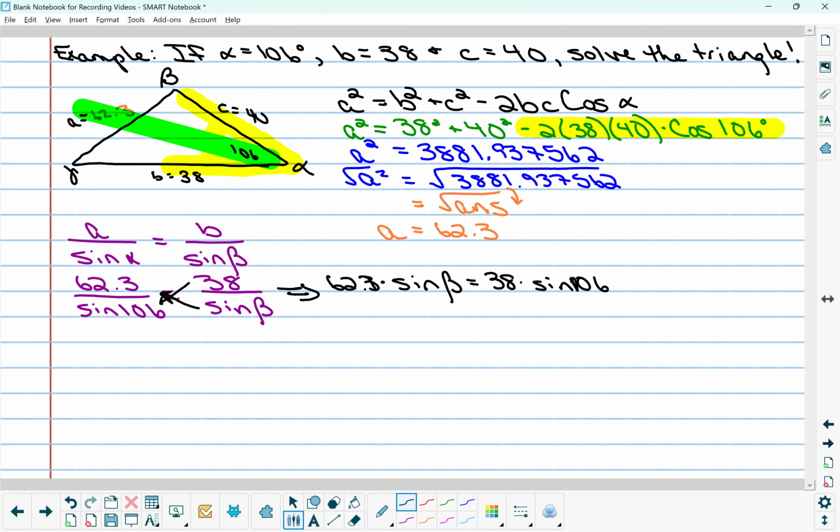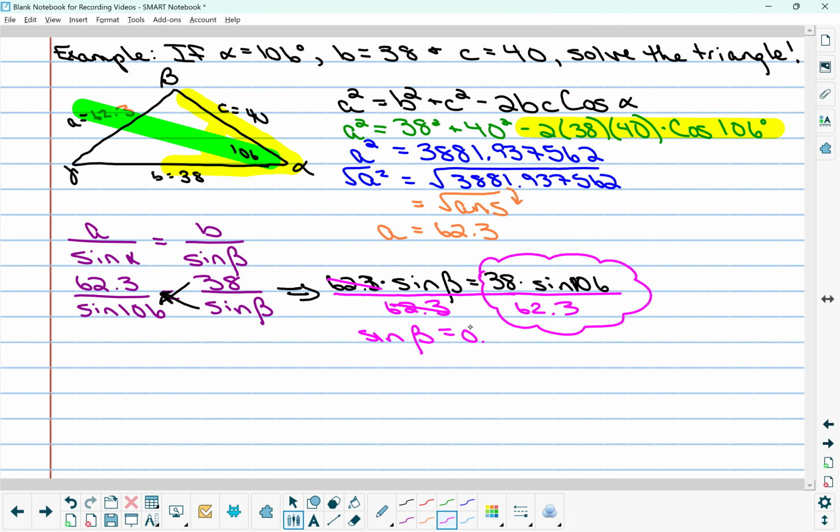And then I'm going to divide by the 62.3. So this will cancel here, leaving me the sine of beta. And if you do this math, 38 times the sine of 106, make sure that's all in your numerator, divided by 62.3, you should get the number 0 point, some little decimal,